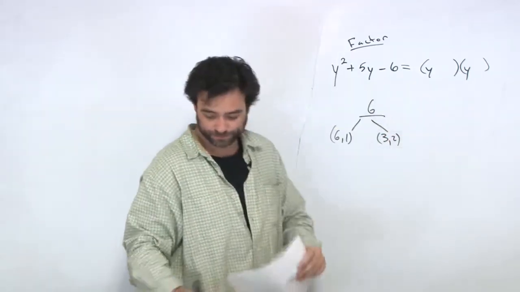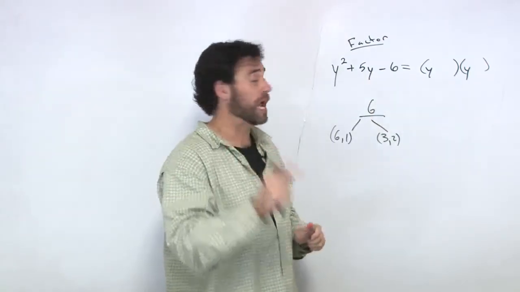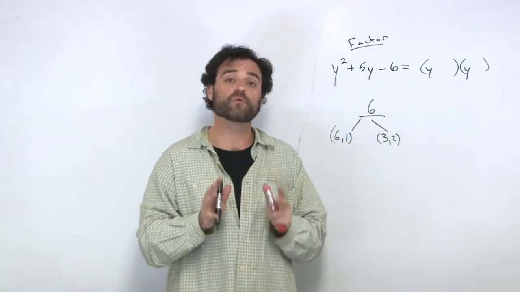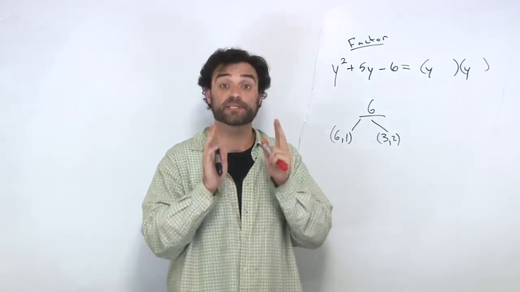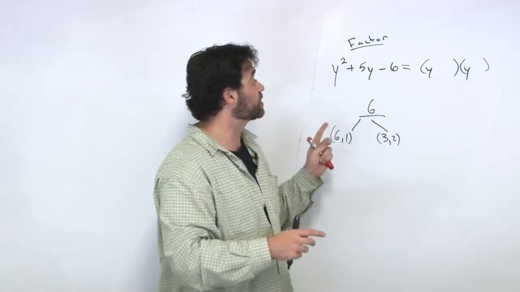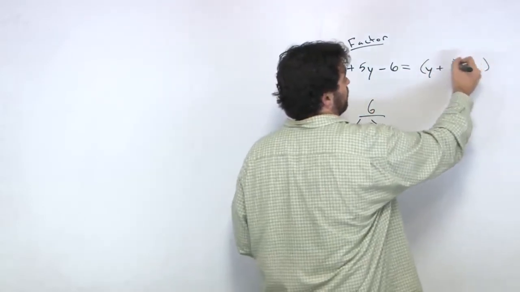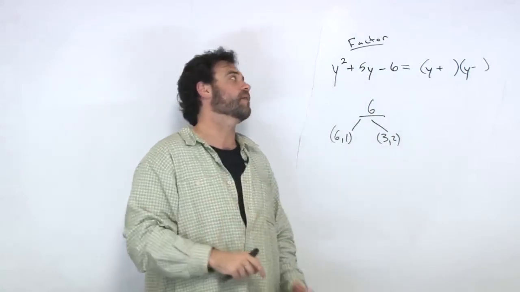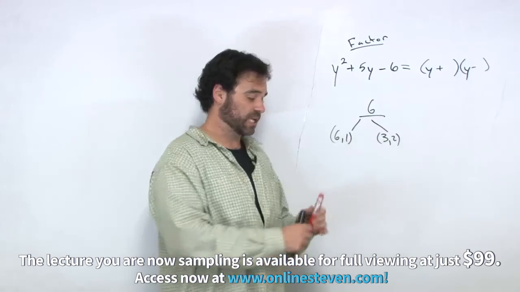But now, this is actually telling you to subtract. The signs are different. Because again, remember, when you multiply, how do you get a negative? The signs must be different. When we multiply and get a positive, the signs are the same, either both negative or both positive. When we multiply and get a negative, that means one's a plus and one's a minus, and we can put that in. Now we've got to figure out which of these factors will work, and not only that, we've got to figure out which one gets which sign. So when we subtract, this is saying that we're going to subtract